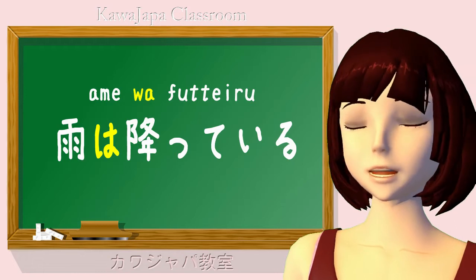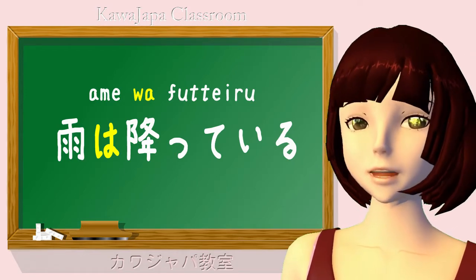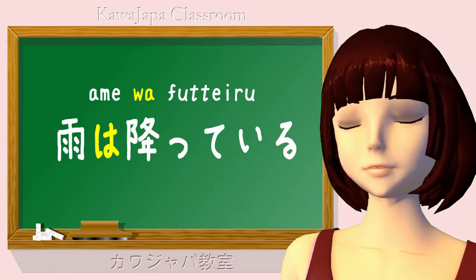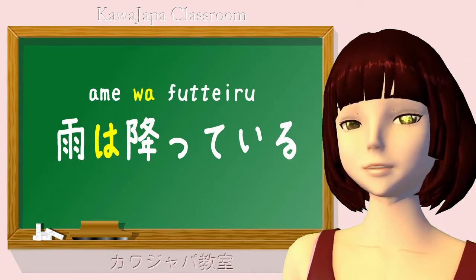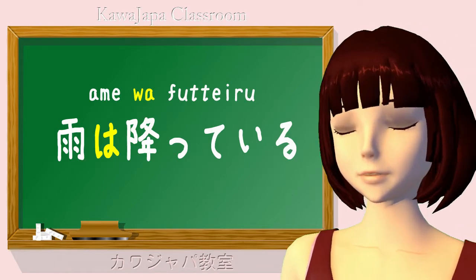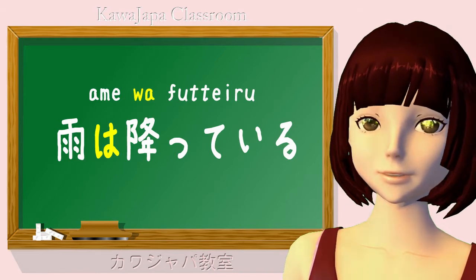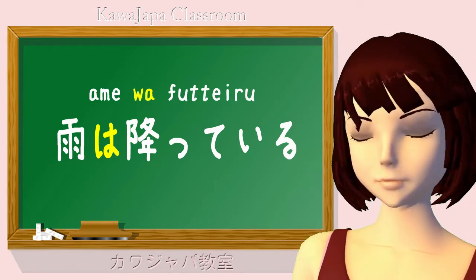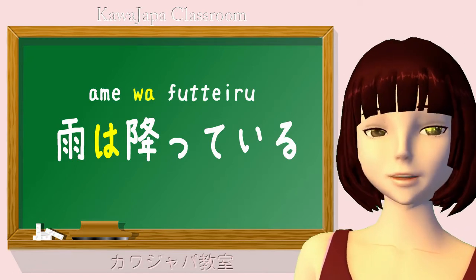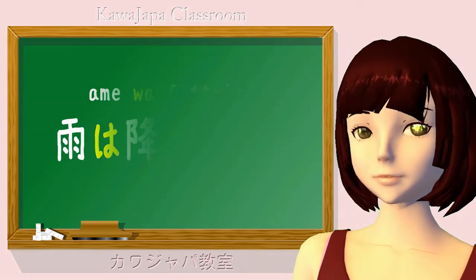If you just said 雨が降っている, you would have been saying it's raining. But you said 雨は降っている. And the implication of that is, well, as for rain, that's falling. In other words, rain is falling, but something else isn't falling. It is raining, but it isn't snowing the way we thought it might be. Now, it's quite easy for you to interpret this sentence because you're already familiar with the fact that ame ga futteru is the usual way of saying it.